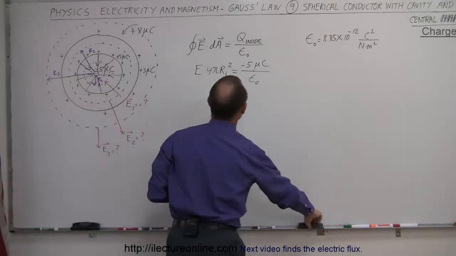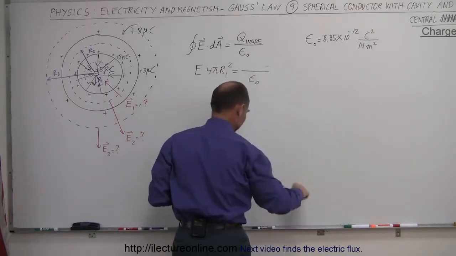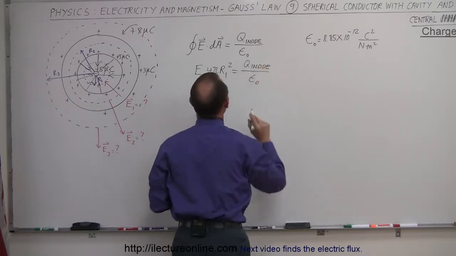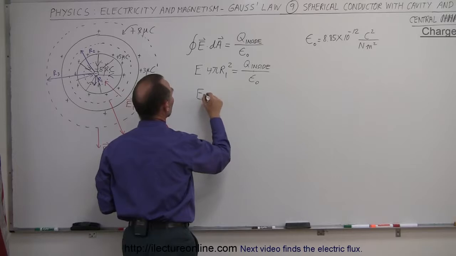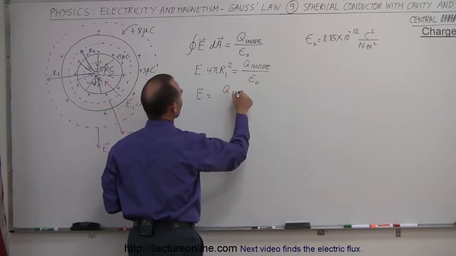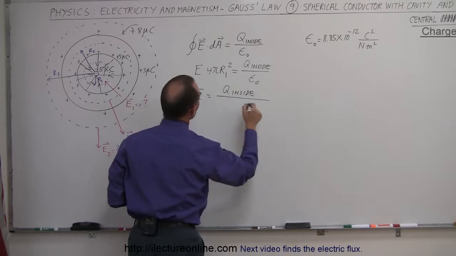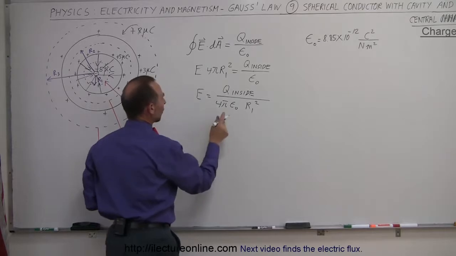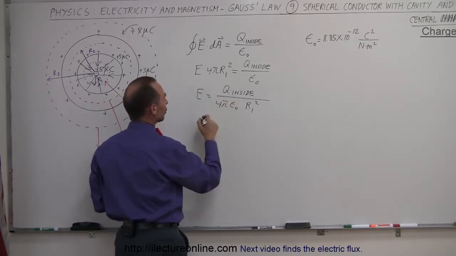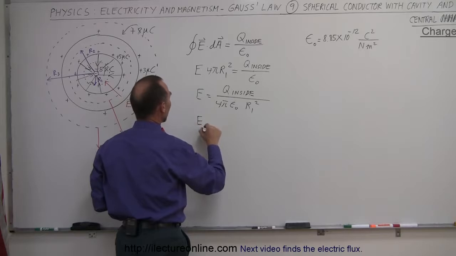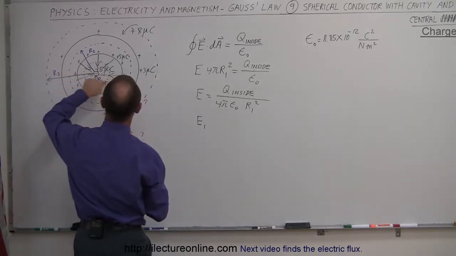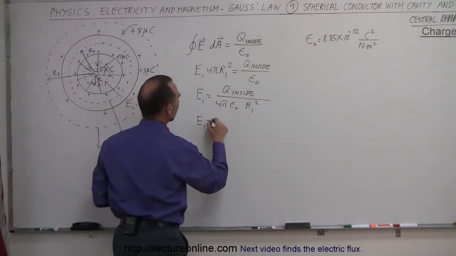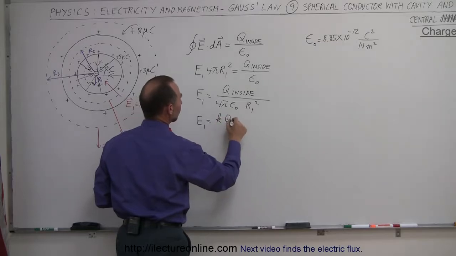Well, let me just put the Q inside here. I'll just do it in a general sense first, then we'll put numbers in later. So Q inside, that's better. And so that means that the strength of the electric field will be equal to Q inside divided by 4 pi epsilon sub naught times r1 squared. And so if we say 1 over 4 pi epsilon sub naught is K, that means E1, let's call that E1, the electric field inside the cavity right there, is equal to K times Q inside